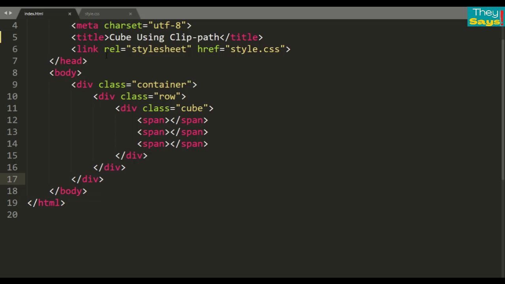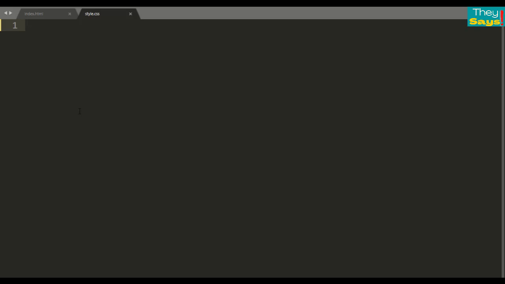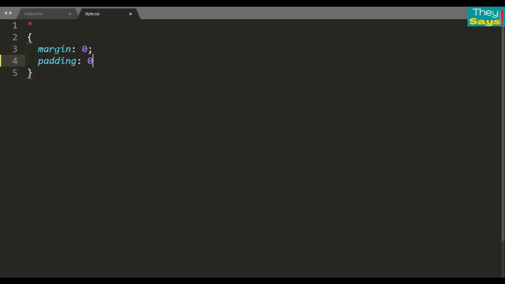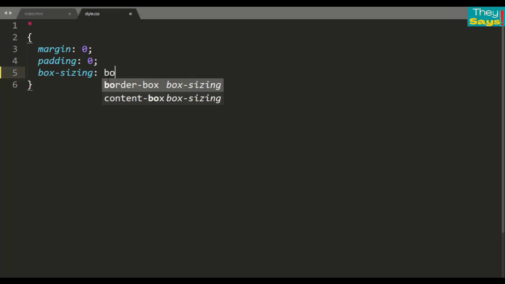Now you can see nothing here, so come back to the code editor and come to the style.css and reset CSS: margin 0, padding 0, and box sizing also, border box.